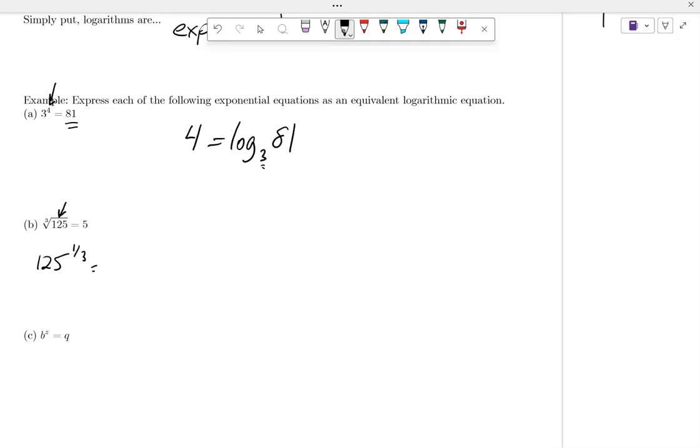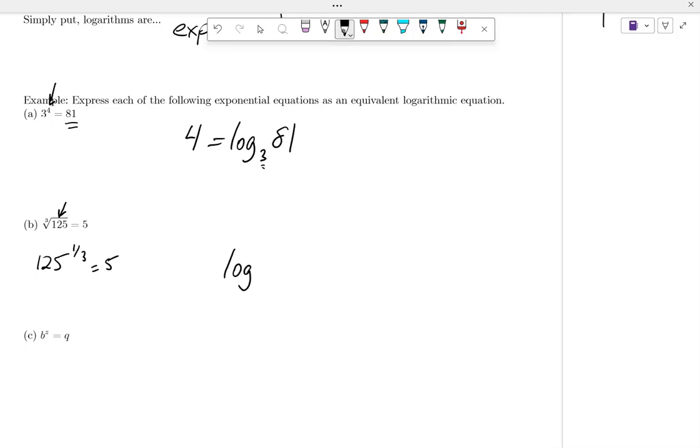Good. Remember that when you have a fraction as an exponent, the denominator tells you what root to take, right? So since it's a cube root, it's a 1/3 power. If it were a 4th root, it would be a 1/4 power, and so on up the line. Okay. All right, so when I do my log,